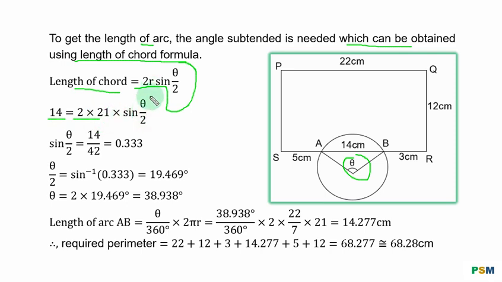You make this term the subject by using 42, the product of 2 and 21, to divide both sides, and you have 0.333 and so on. To get theta over 2, you take the inverse of sine of both sides, and you have